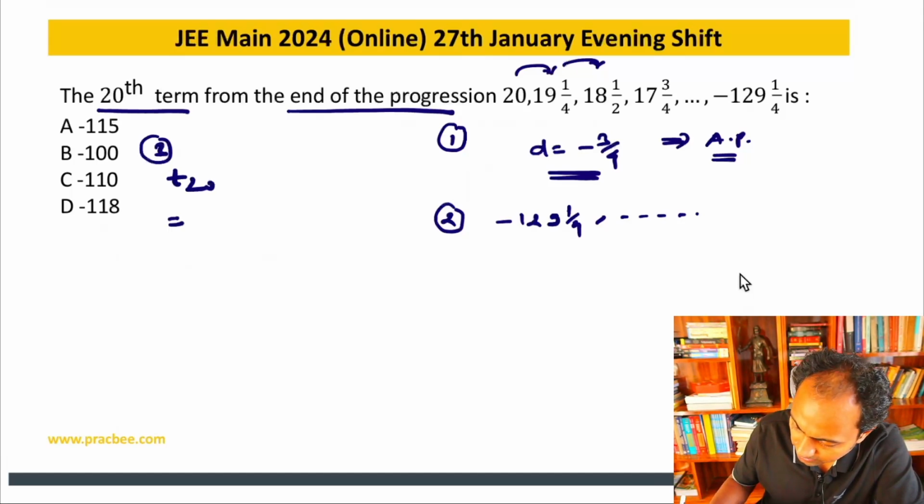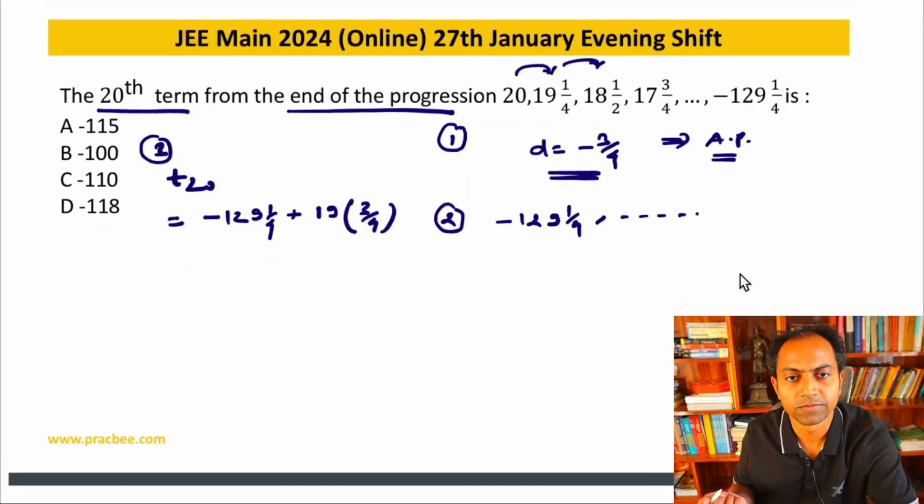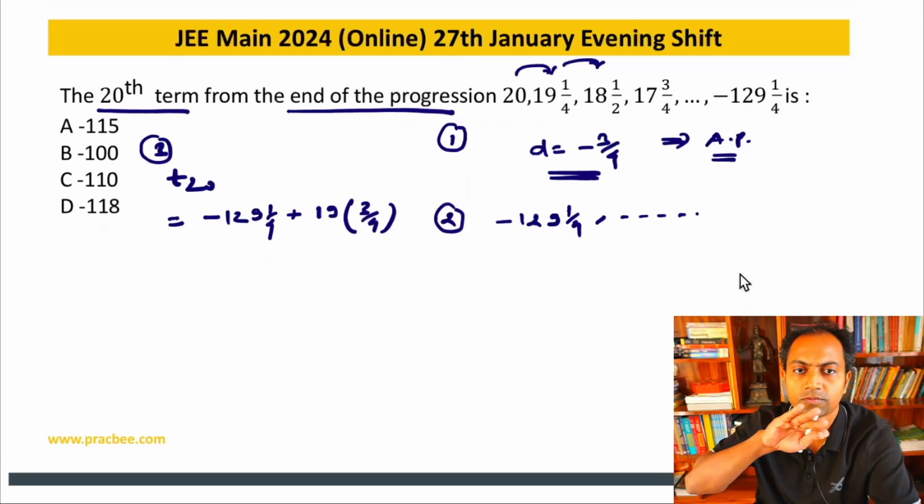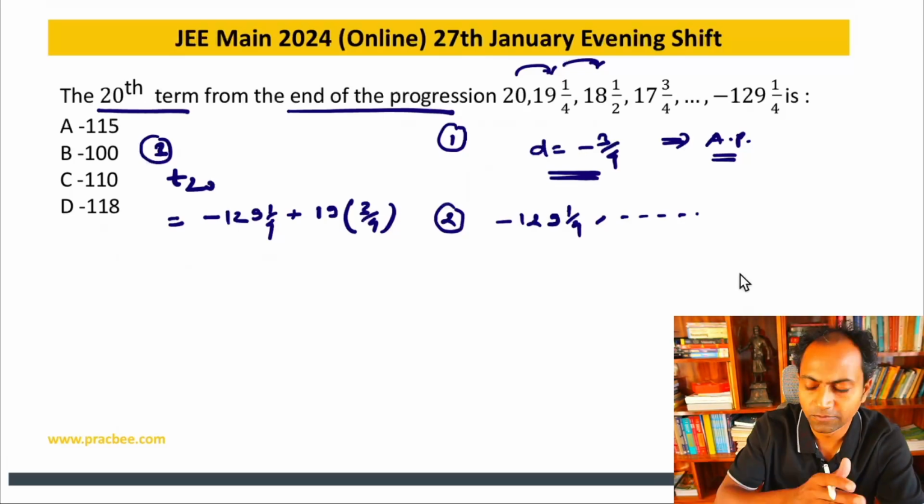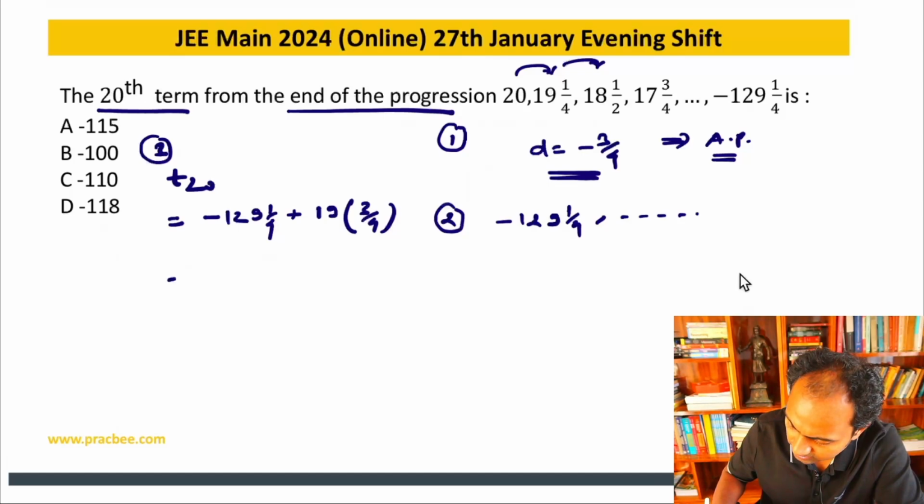That is nothing but A, that in this case becomes 129 1 by 4 plus n minus 1, that will become 19, and common difference now will become 3 by 4 because we have reversed the order of this progression. So what is decreasing from the front will become increasing from the end. If I simplify this, this comes out to be minus 115. That matches option